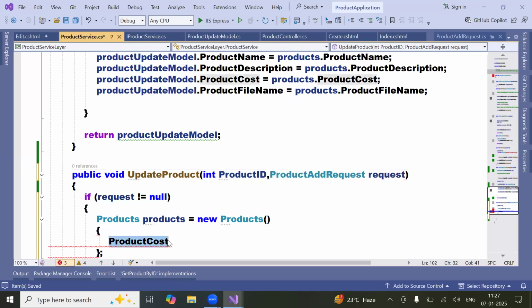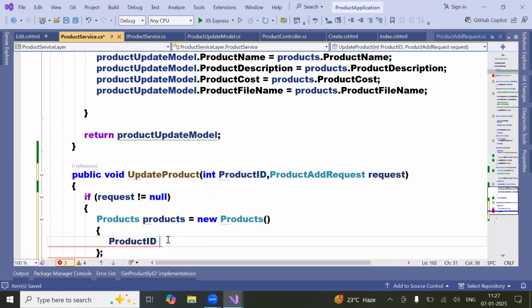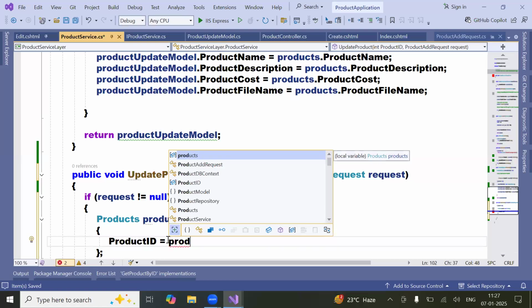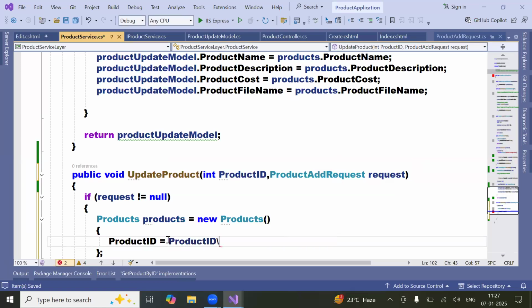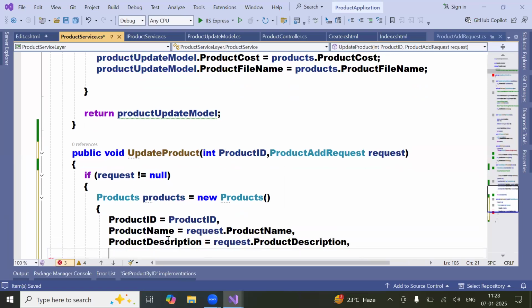So here productID equal to productID, the variable you are getting, you have to pass. Here name, not file name, simply say product name, description, cost,